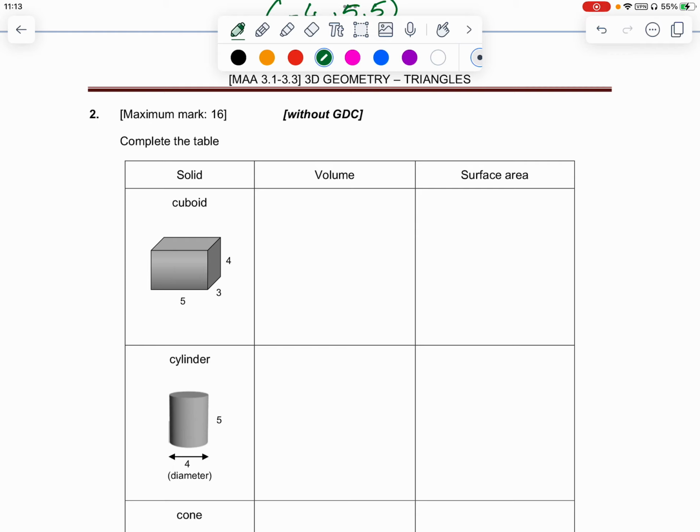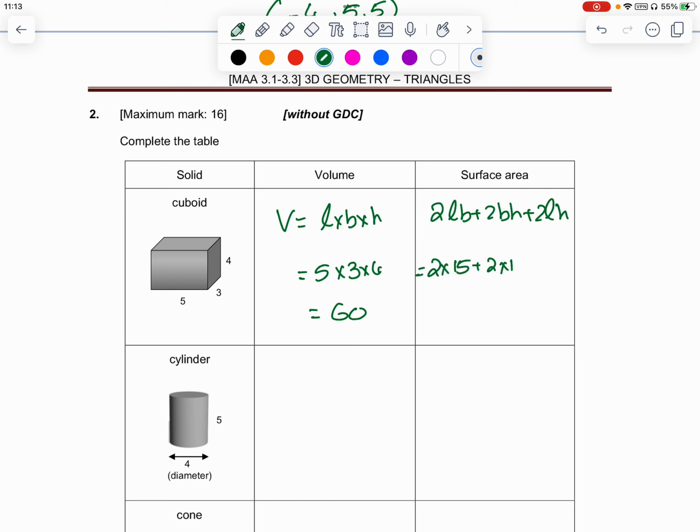Volume is length times breadth times height. So which is 5 times 3 times 4, which is going to be 60. Surface area is 2lb plus 2bh plus 2lh. So which is 2 times 15 plus 2 times 12 plus 2 times 20,